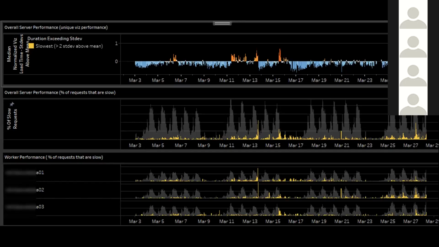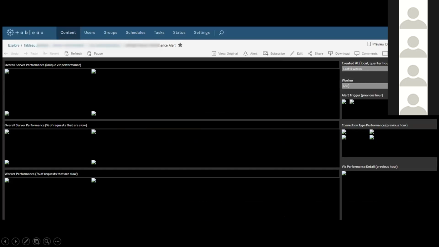So, oh yes, this one was an issue where we lost a gateway. You can see over here, things started going really badly across all of server. It's a little less apparent down here from the percentage of requests, but we did lose a gateway host. And that's what I saw when I went to actually pull up the Viz on our Tableau server instance. It became pretty apparent quickly that we were seeing a true issue, and it was because we had